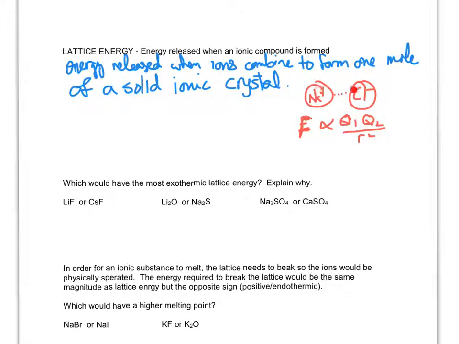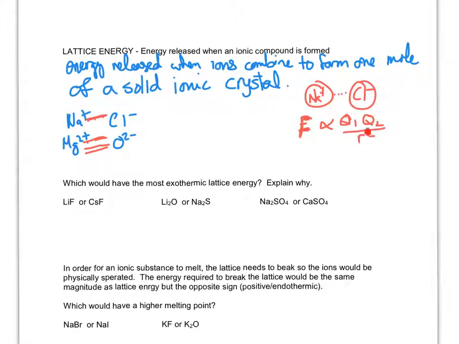Well, the attraction will be stronger if, 1, the charges are higher. So for example, let's say I have, instead of Na plus and Cl minus, what if I have Mg2 plus and O2 minus? Which one would have a higher attraction? This one would have a much higher attraction because you have +2 and -2 versus +1 and -1. So the charges matter. The higher the charges, the more the attraction, and therefore the more energy released, or the higher the lattice energy. The other thing that matters would be